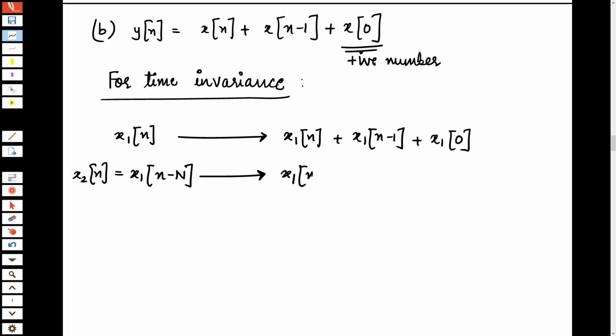You would get x1[n-N] + x1[n-N-1] + x[0],